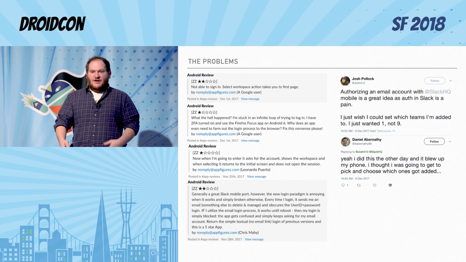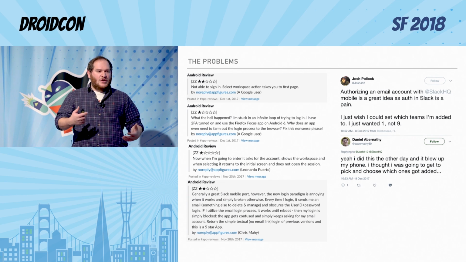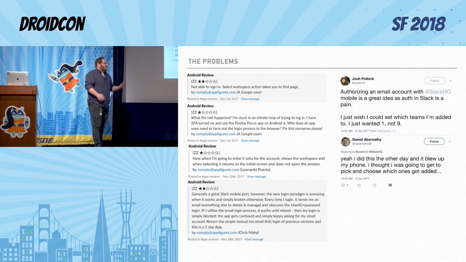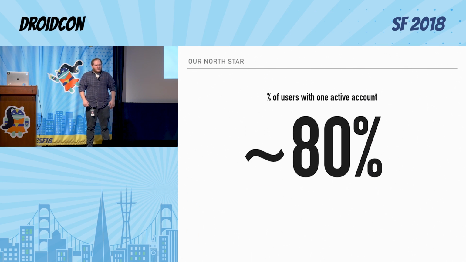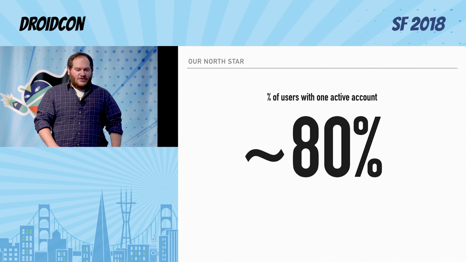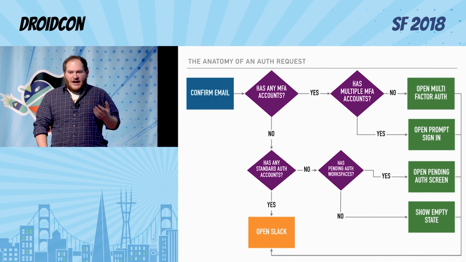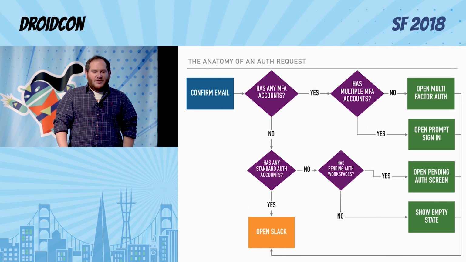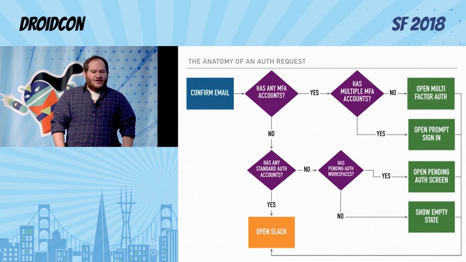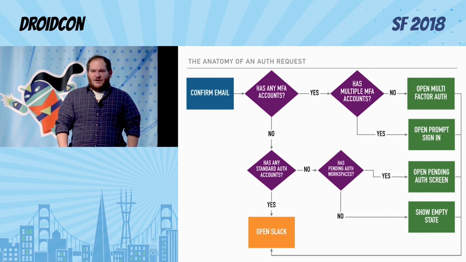And I went sort of to the data, to our analytics, and I was like, what is this North Star that we could point to? What could come next, like in our process that would make this sort of better? And we came up with this number, which is 80% of users have one active account with one email. So we had kind of let the complexity of this really cloud our vision as to what we were building. We thought we sort of had to build in all of the edge cases, but instead we really needed to optimize for a different use case, which is like we really needed to optimize for the standard user, which may sound obvious to you,